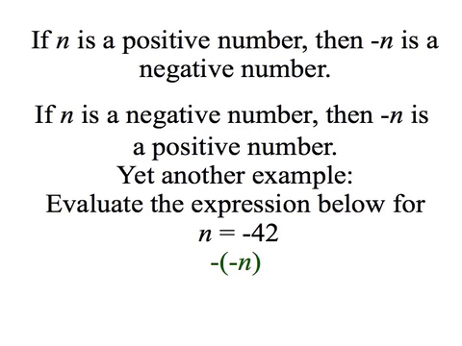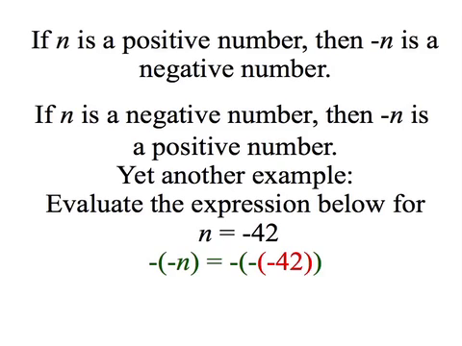And here's yet one more example, a little more complicated. Evaluate the expression below for n is equal to -42, and we're trying to find the opposite of the opposite of n, where of course n is a negative number, in this case -42. So when we substitute, we end up with 3 negative symbols. The one from the -42, the one that was in front of the n, and then the one that was in front of the parentheses. So we're looking for the opposite of the opposite of